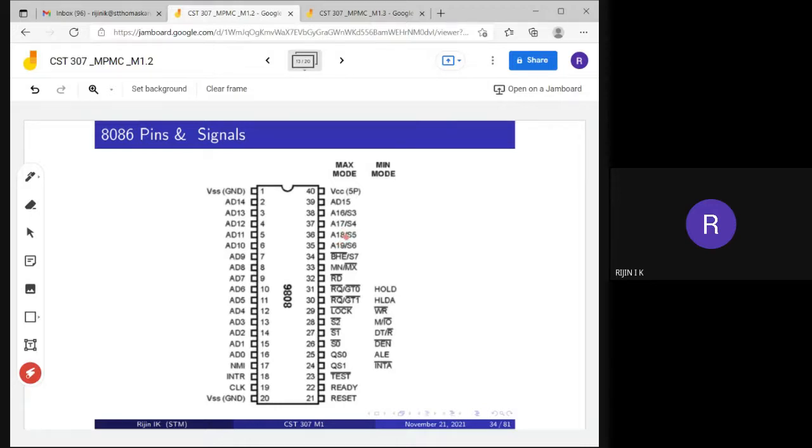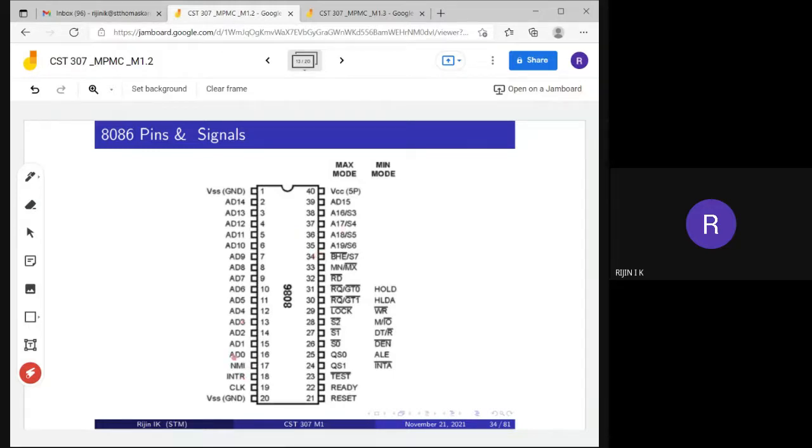That means by using these pins, it will transfer the higher order address bits, and also it will transfer the status information. These are also time multiplexed address bar status pins. That means at the first clock period, it will transfer address, and in the next clock period, it will transfer the status signals. So that's all about address pins.